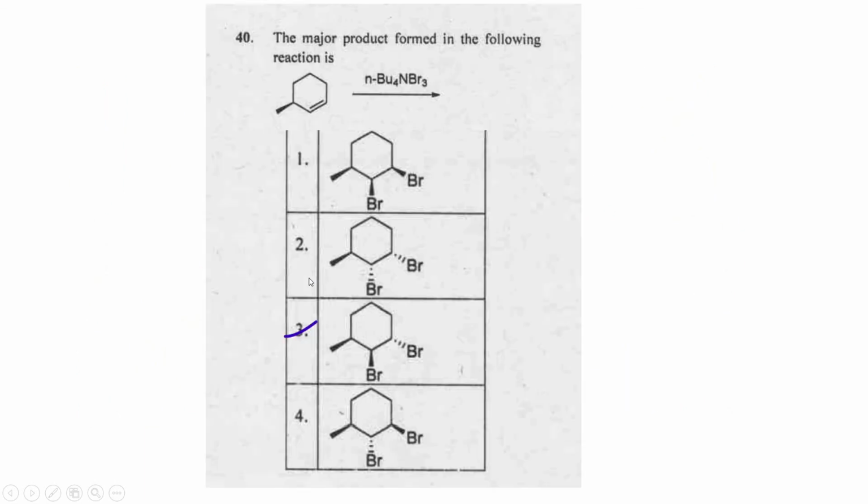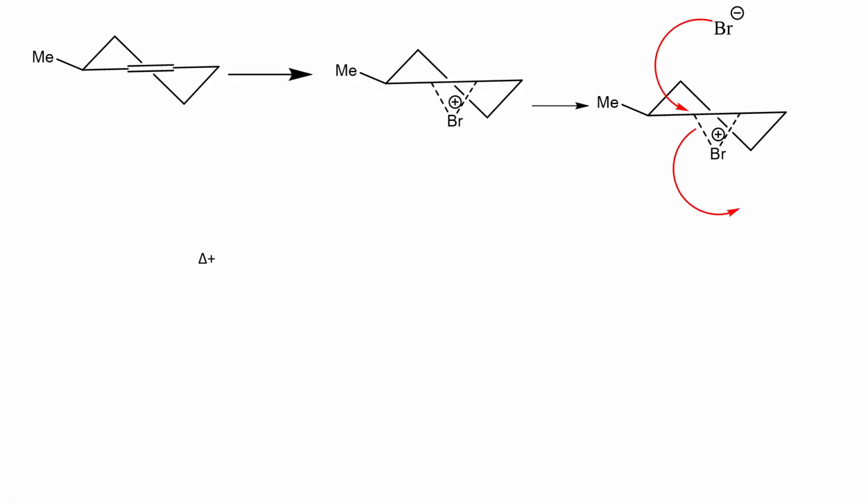Now we see the next question. What happens when you give this ammonium salt on this compound? This is quite hard, and you cannot explain this question by considering the normal chair form. You need to consider this half chair half boat form, otherwise you cannot explain it easily. In the half chair half boat form, first bromine just adds to the double bond and makes a bromonium ion on the lower side because of this methyl. But why attack from that side? It can be explained by way of a loose SN2 transition state.